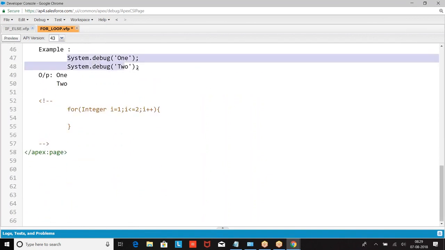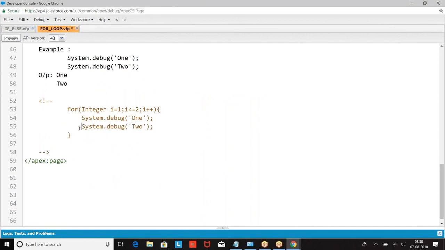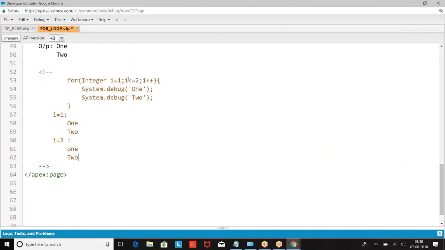First I equal to 1, the output is 1. Everything is completed, then again go to the for loop. Then I equal to 2, and we get the output 1 again. Now I equal to 3, condition is false.